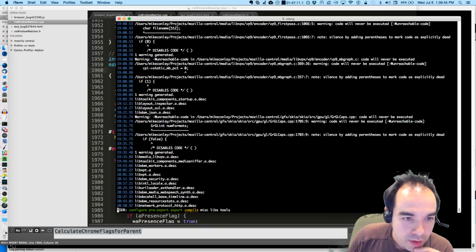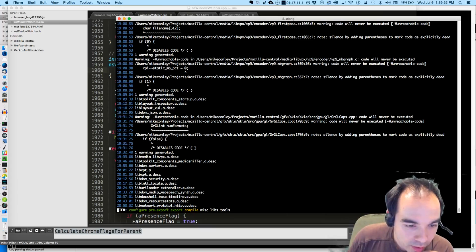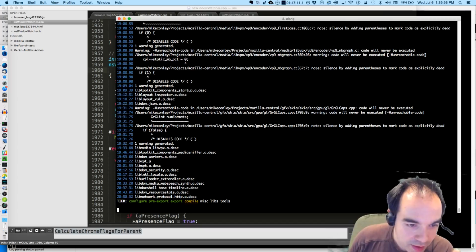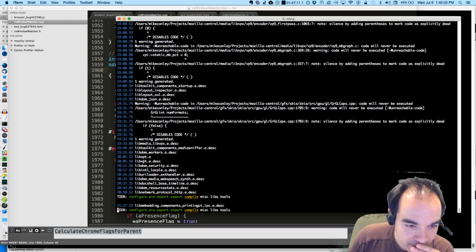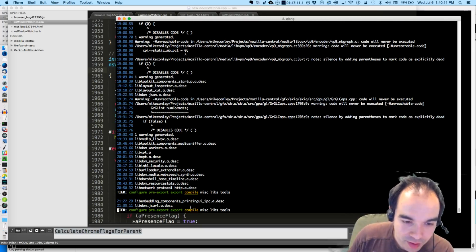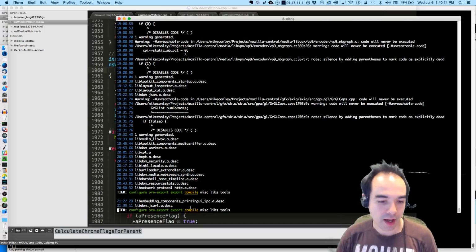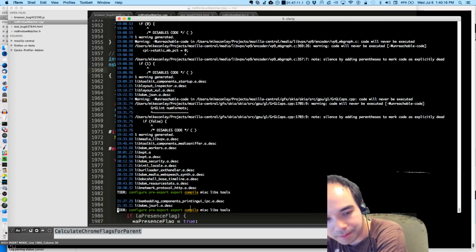Some layout stuff, Zool, but in particular, network protocol stuff is being compiled. I don't know what's being compiled right now. It's taking forever. XPT is some of the embedding, printing stuff. Yay! I worked on some of that. I added that component. I feel so guilty. I have guilt. Feel shame.